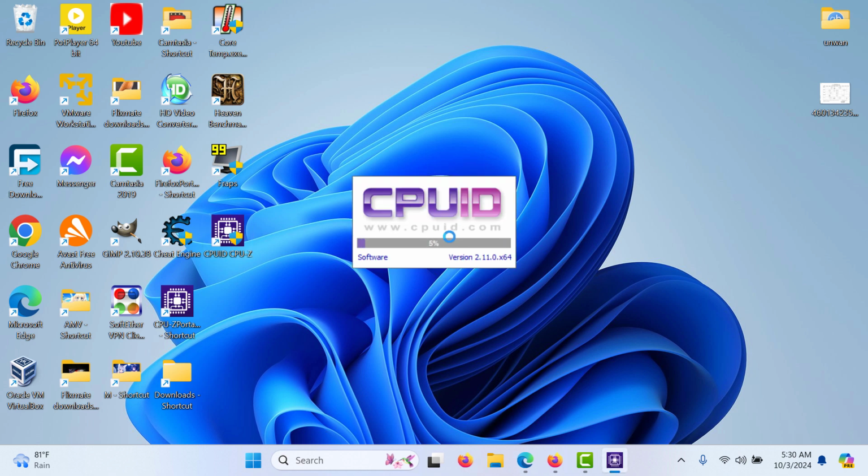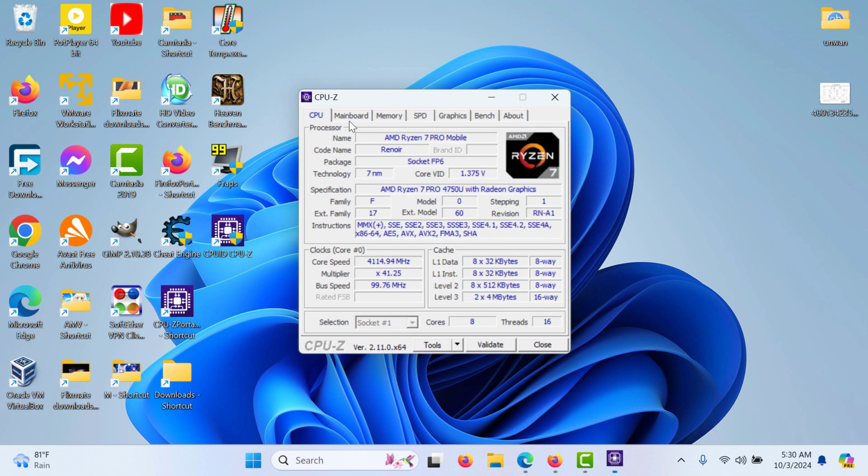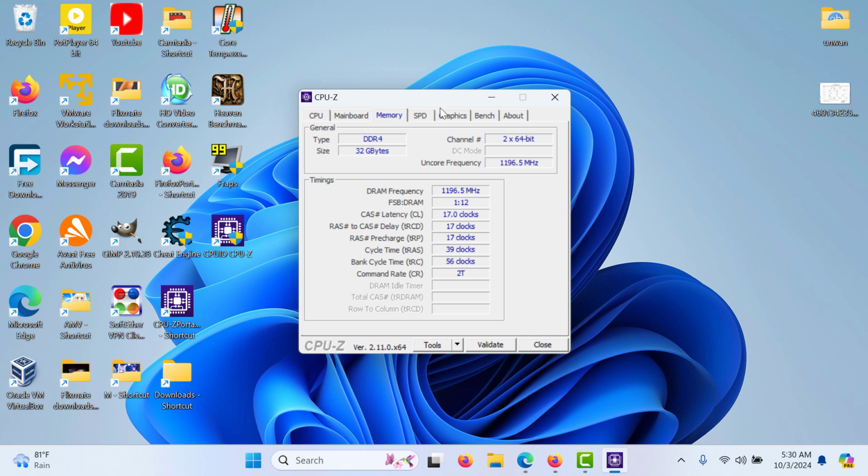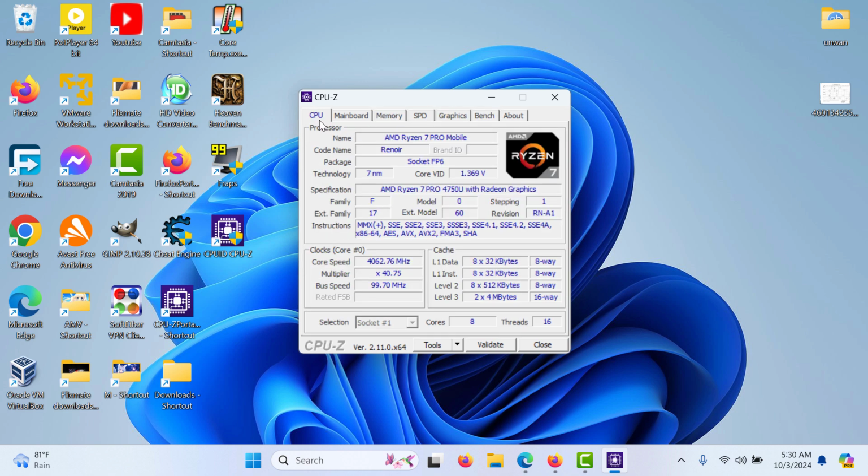Okay, just like this, and now you can see we can actually determine what kind of processor we have. In this case, I have the Ryzen 4750U, the 8-core version. You can see cores and everything, threads, and you can also see the main board, memory, and everything else as well. So that's how you can download and install CPUJet on